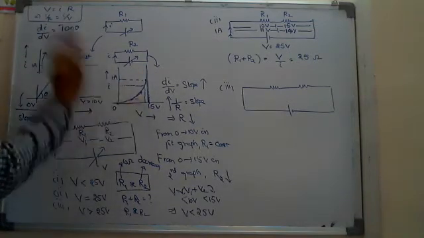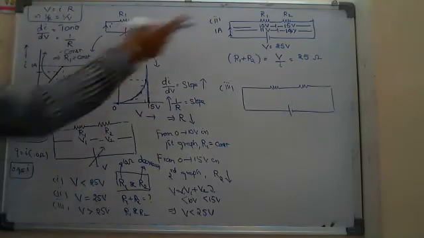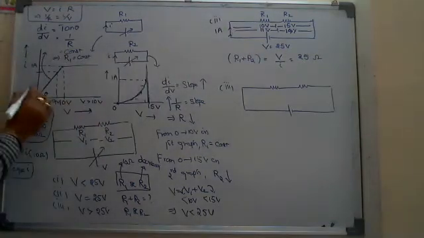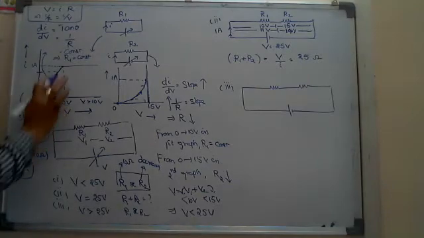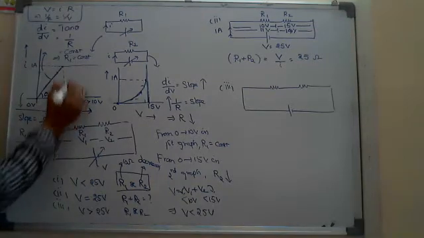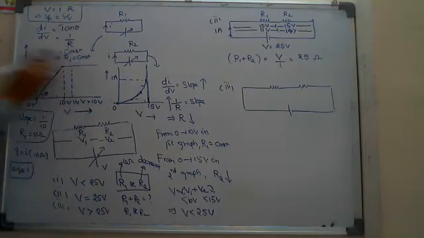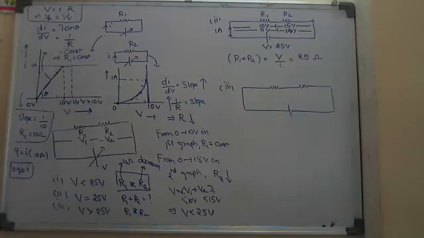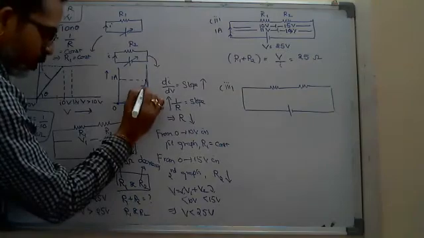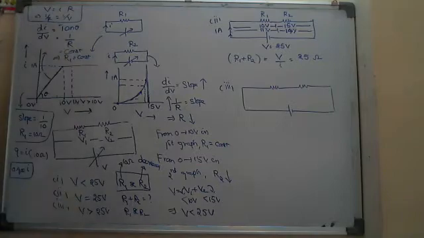At that instant, here what he is saying, the potential on the second resistor is 11 volts. 11 means you are going beyond 10. Beyond 10, here potential increases, so nothing wrong in that. I am going to 11 volts here. But look, the current is 1 ampere. The current is 1 ampere, but at 11 volts, here in the second graph, I am not getting 1 ampere.